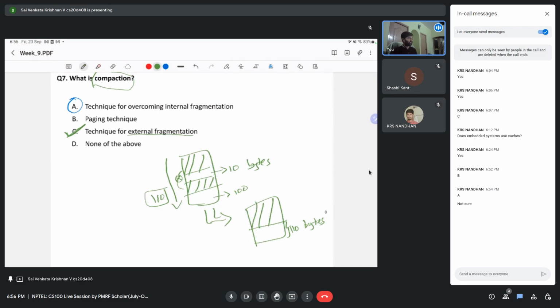So that's what compaction is all about. Compaction can happen whether paging is there or not, right? Even in just segmentation, the compaction logic can be included. Even in segmentation there is the concept of external fragmentation, and even in paging there is external fragmentation. So in all these techniques compaction can be included, but it is not a technique for overcoming internal fragmentation, because